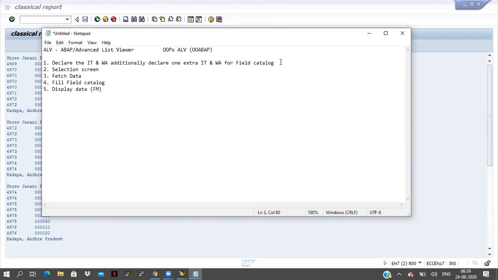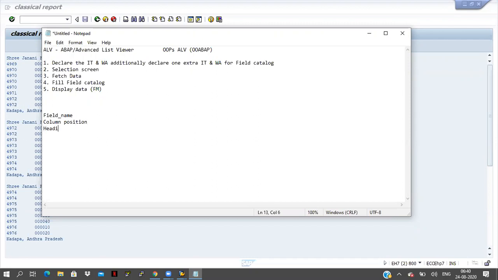So what is this field catalog? This field catalog is one internal table. What type of fields are there? Field name, column position, heading.